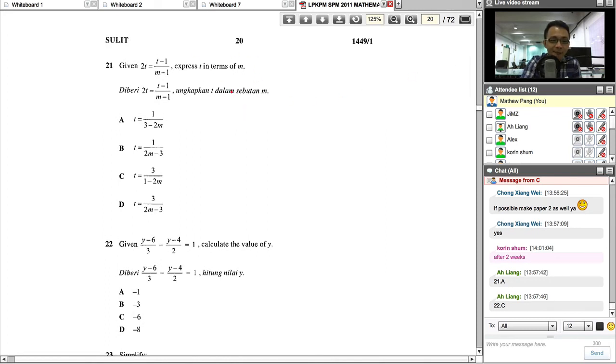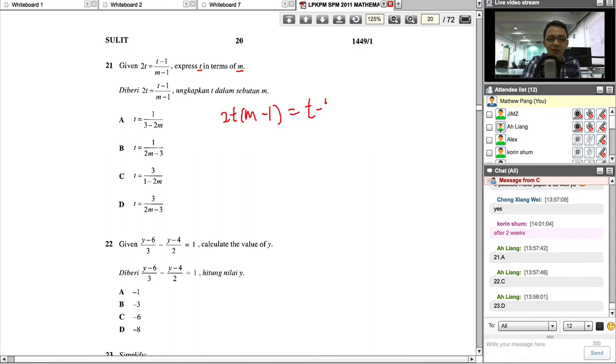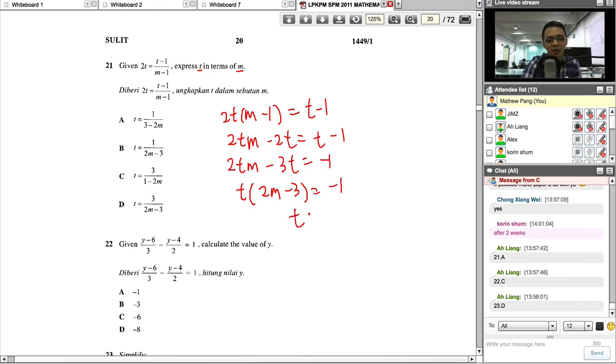Okay, this part is simple. When I say t in terms of m, just make t the subject. So 2t, I will move the m minus 1 to this side, and I get t times m minus 1. Just multiply it out, then whatever has t, I will group together. I move over here, this is 2tm minus 2t minus t minus 3t equals negative 1. Then I factorize out t again. This is t times 2m minus 3 equals negative 1. So t is just negative 1 over 2m minus 3. The answer will be